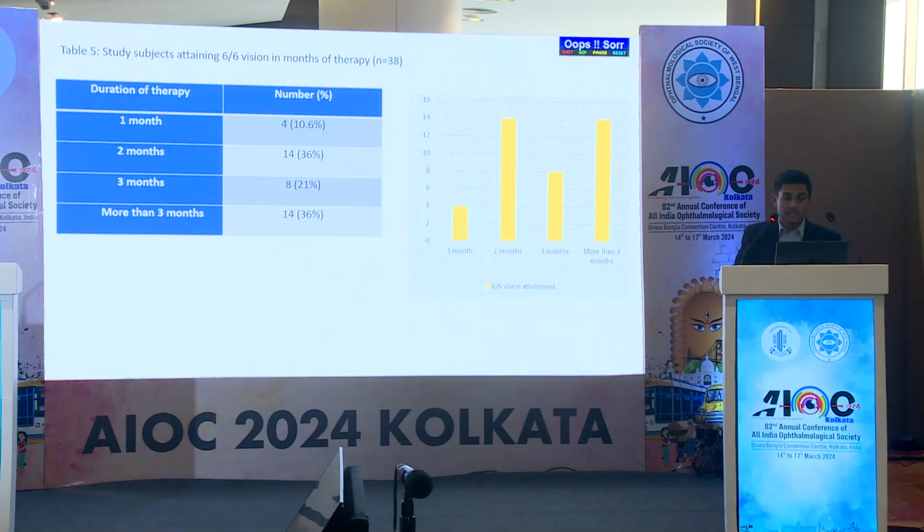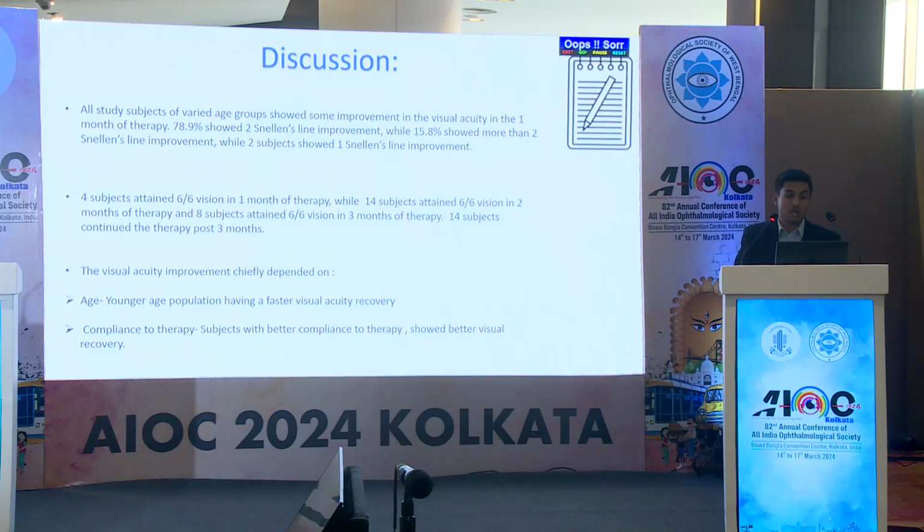Subjects who attained 6/6 vision in 1 month of therapy were 4, in 2 months of therapy were 14, in 3 months were 8, and with more than 3 months of continued therapy were 14. All study subjects of varied age groups showed some improvement in visual acuity in 1 month of therapy. 78.9% showed